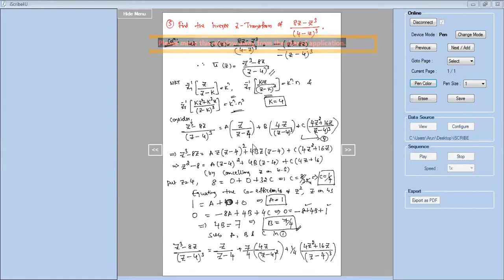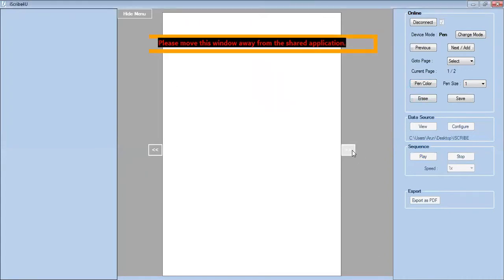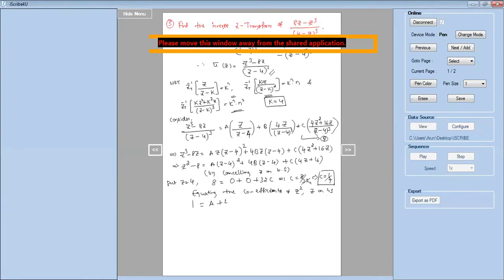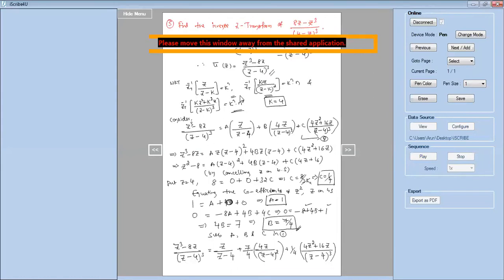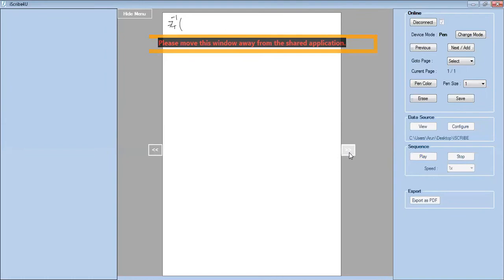So this is by resolving it into partial fractions and finding the values of a, b, c. Now take z inverse on both sides. So just take inverse z transformation on both sides. We get zt inverse of this term, and see this left hand side. This term was nothing but the given function u bar of z. So straight away I'll write zt inverse of u bar of z is equal to the right hand side, the first term. It is zt inverse of z by z minus 4, plus next term 7 by 4.